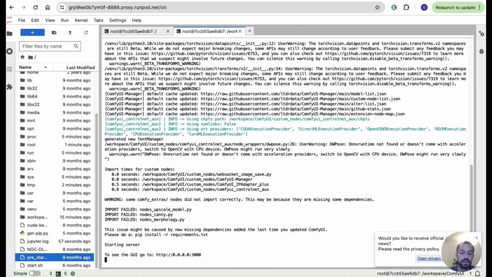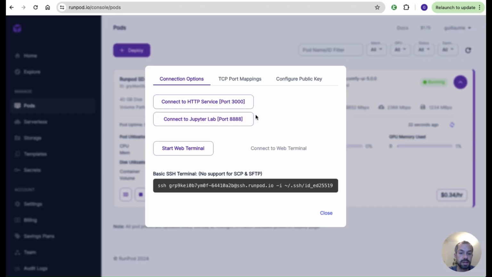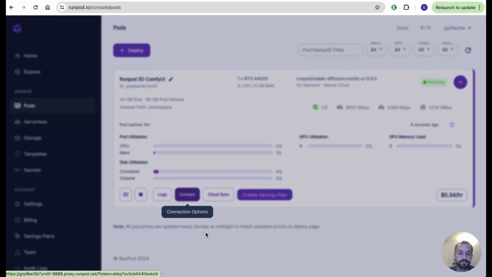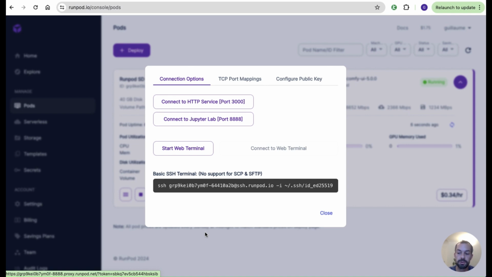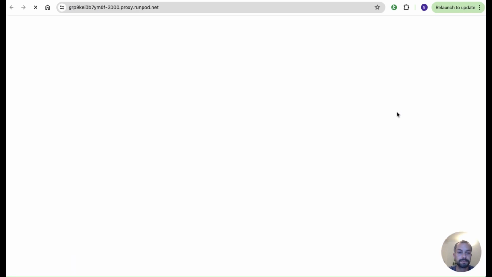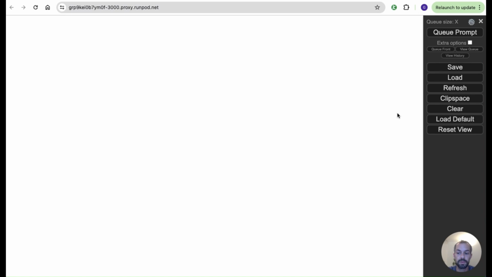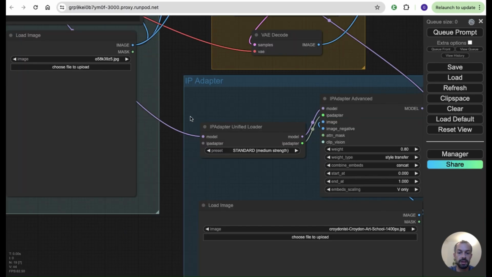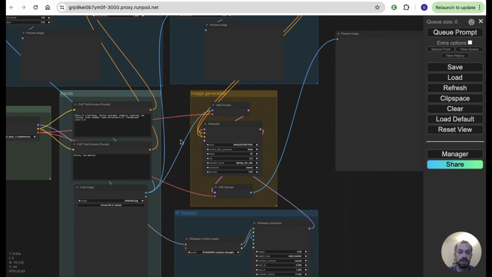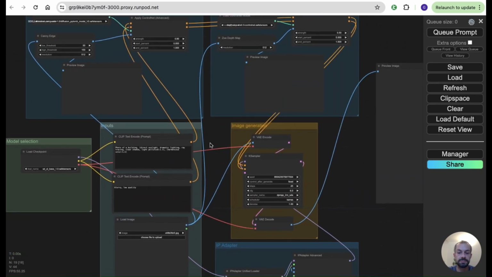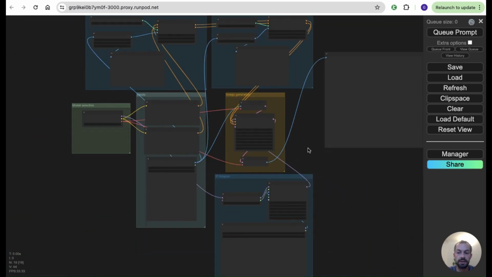Okay, and let's check if that worked. So yeah, I just closed ComfyUI, restarted it from the terminal using Jupyter Lab. So if you just follow these steps, you should be able to do it as well at home. And then here I'm going to connect back to ComfyUI. Okay, and hopefully that solves the issue. And it did. So now there's no more red,